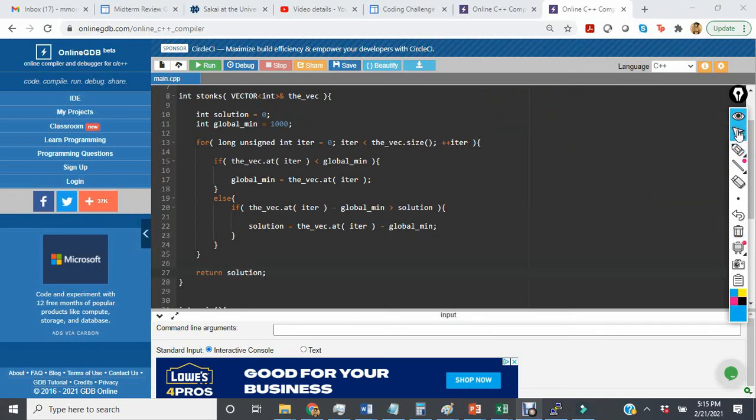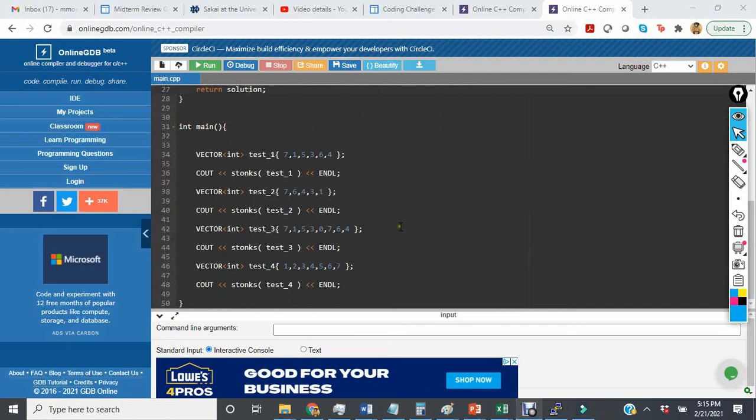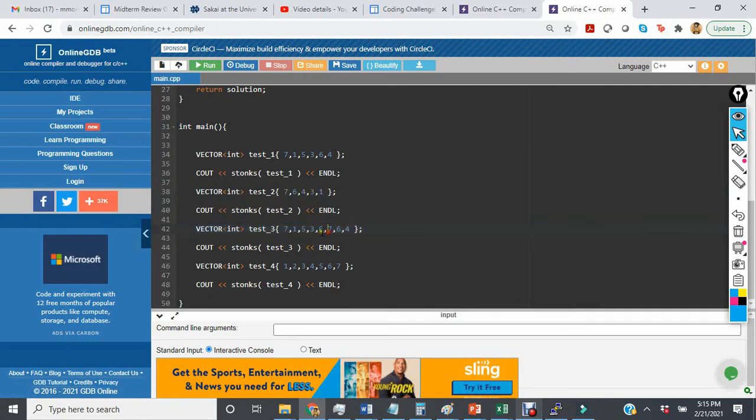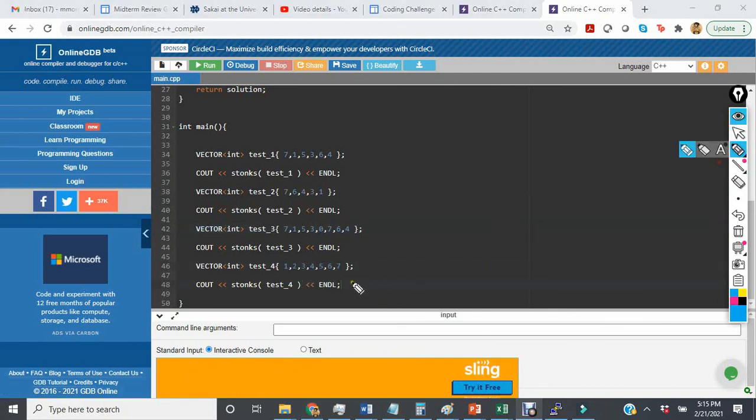So I am, in main, running several tests. I expect this one to be 5 because it's 6 minus 1. Here I expect this one to be 0 because it's constantly decreasing. Here I expect this one to be 7 because that's the test that we just ran. And finally, I created my own test that's constantly increasing. We know this will work because the global minimum always remains 1, and each time it gets updated. So the subsolutions become